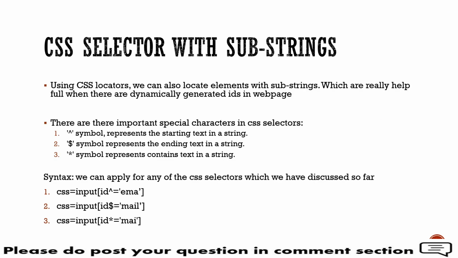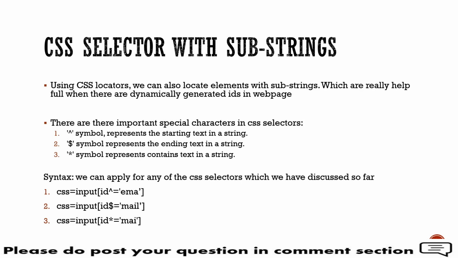So we have another concept called CSS selector with substrings. CSS selector with substrings plays a very important role in identifying the best locators when the locators are dynamically changing. For example, you are identifying an ID. In the first instance, it was ID ABC1234. In the next instance, it was changing to ABC456. Then it is not in your control, but you wanted to identify it at any cost.